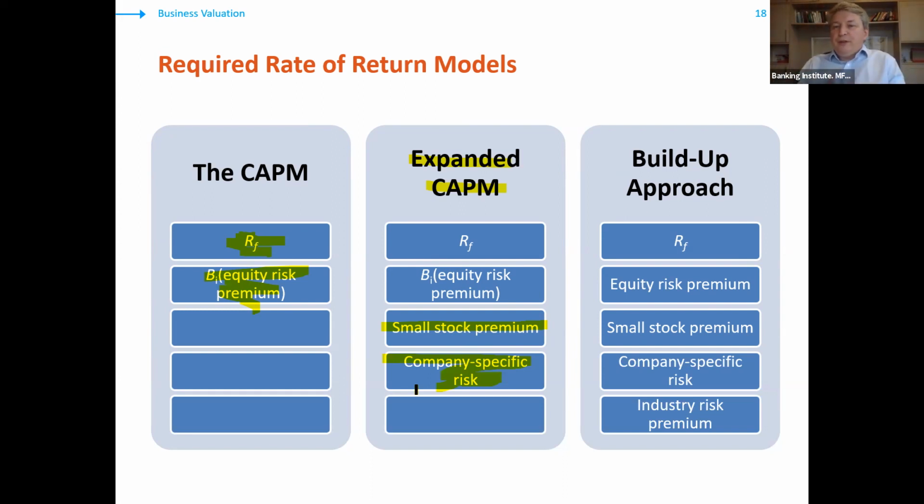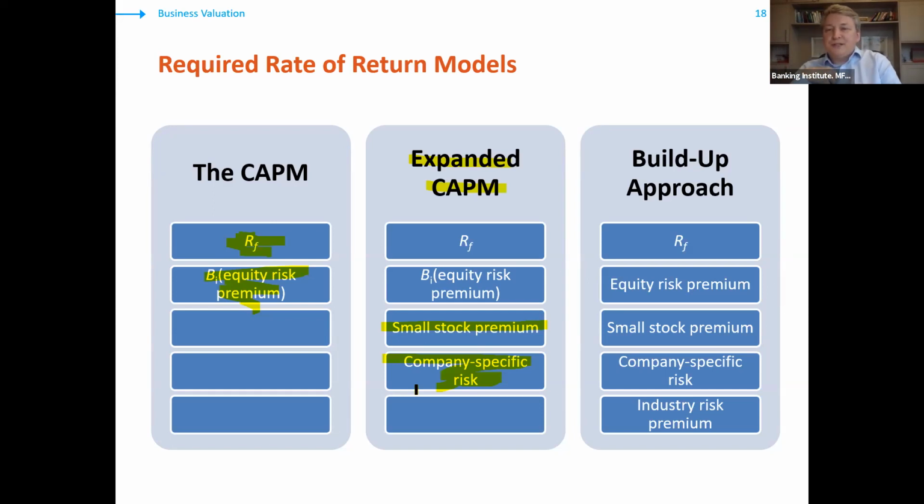In the build-up approach, we don't have any fixed list of premiums, so you can choose whatever premium you like and add them. But basically, you have to come to something like this. For a private company here in Russia now, if this is quite a big company, big, mature, and stable company, your discount rate would be about 15%. For a company with growth plans, for a smaller company, a small company is less than 1 billion rubles a year, your discount rate would be maybe about 20%, and higher than 20%